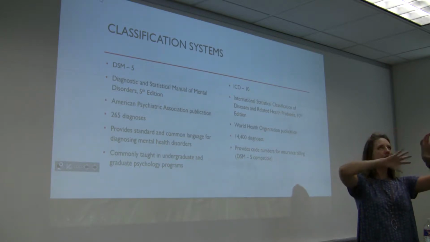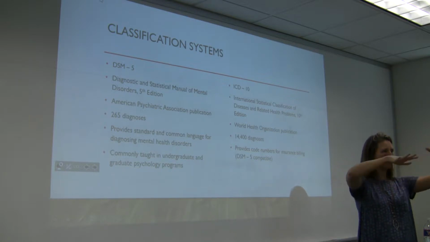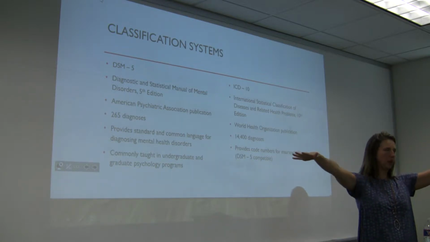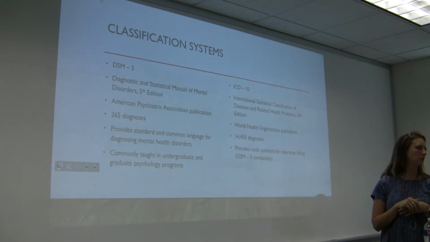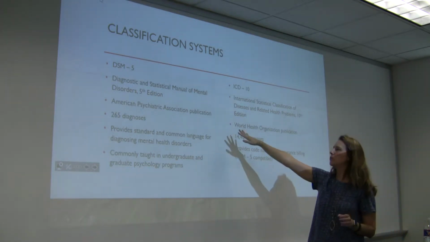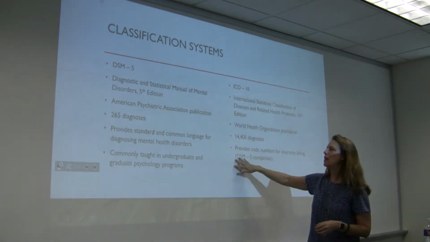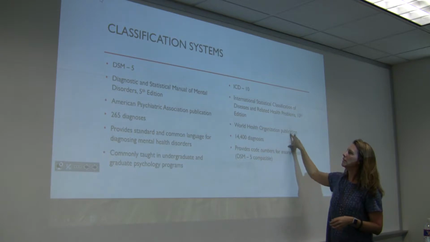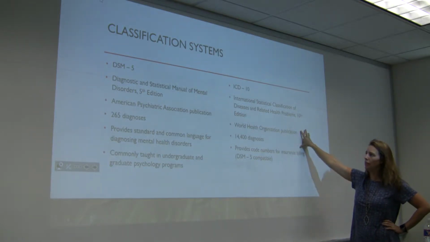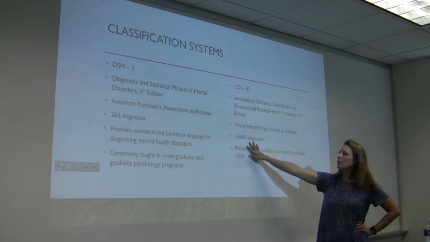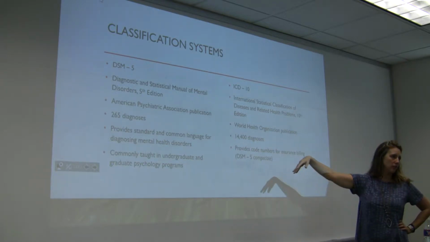The second axis is more pervasive and less episodic. That's going to be more chronological or, what's the word I'm looking for? Chronic. Right. Okay. So it provides us 256 diagnoses. The difference is the ICD-10 is an international statistical thing, and it has 14,000 diagnoses, all diagnoses, including